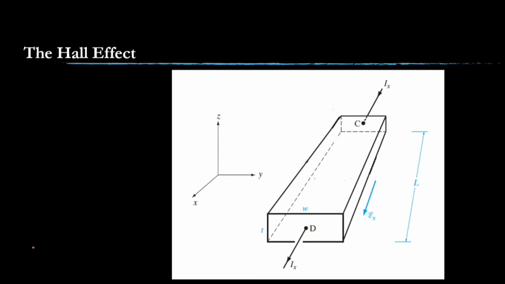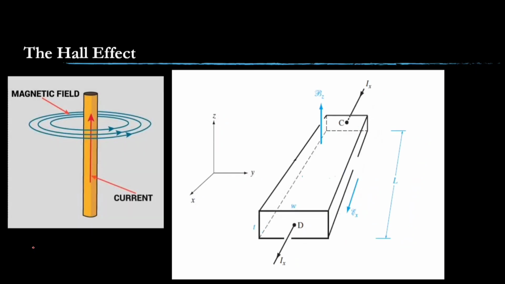Now we know that a current carrying conductor is surrounded by a magnetic field. The magnetic field is always perpendicular to the direction of current flow. So this is a rule. If the current is moving upward, then the direction of the magnetic field is something like this, in this direction. How do I find this out?